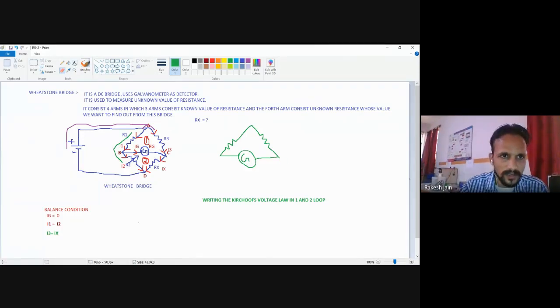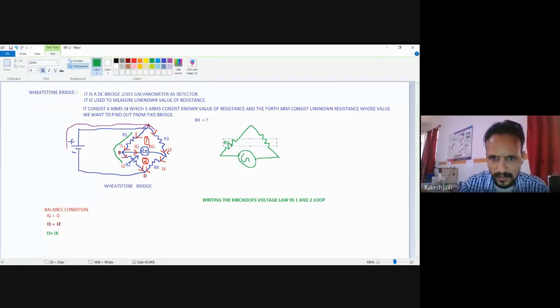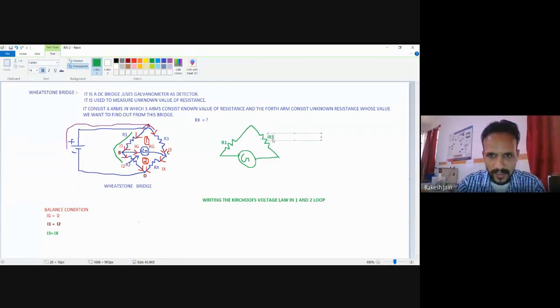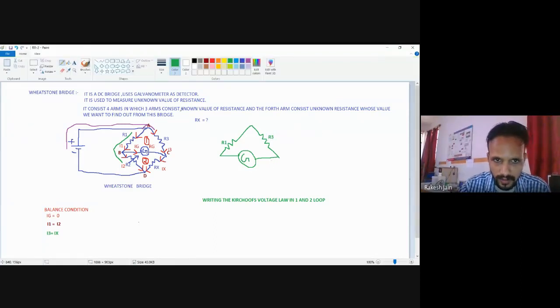Okay, now the different values of resistances, this one is named R1. Kindly don't worry if you don't understand. We will repeat this topic again and again so you will understand. So now, what are the directions of the current?